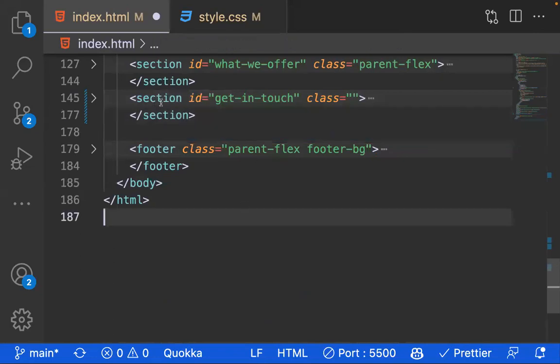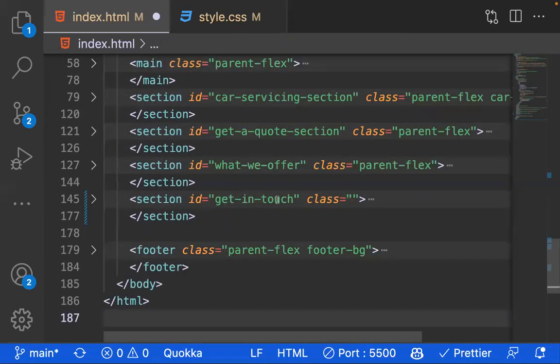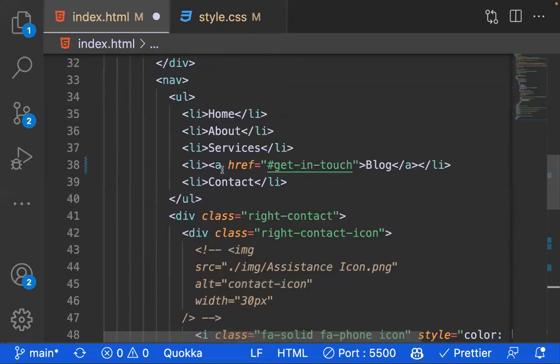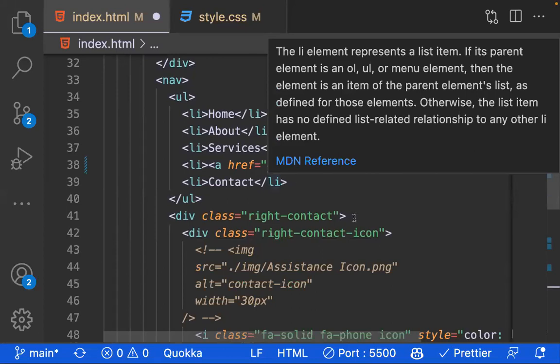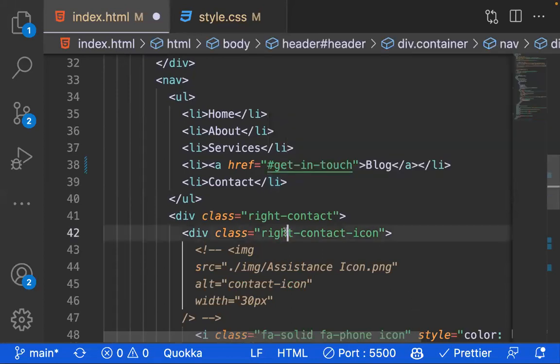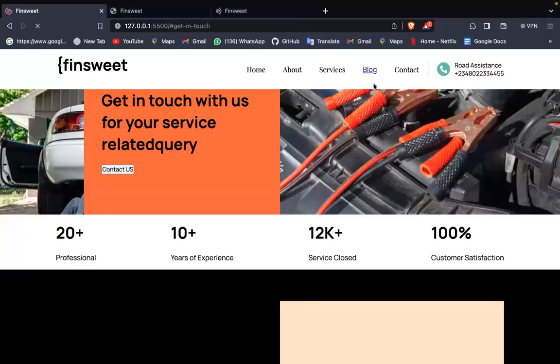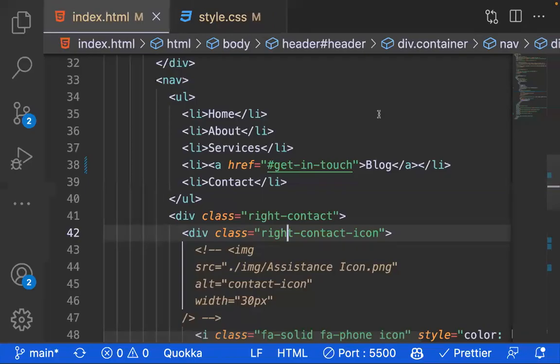All right, so this is a section, and I want to link to this section. I just have to give this an anchor tag and then hashtag the ID of that particular section that I want to link to. Currently it's giving me this styling, which I may not necessarily like. So if I decide I don't like this styling and want to change it, I can just come back here and say